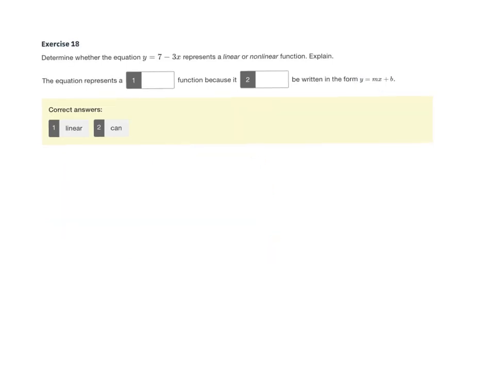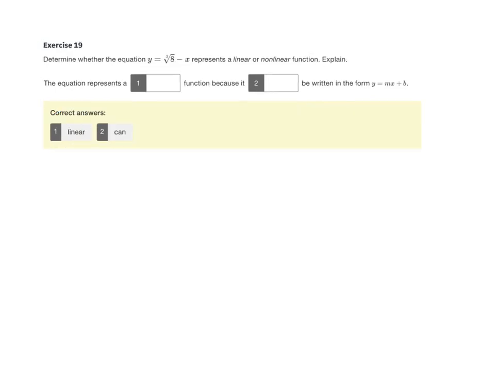Number 18, remember our nonlinear. It's going to be nonlinear if it's got a square root, something squared, something to an exponent, or if x is in the denominator. This has none of those things, so it is linear, and it can be written in y equals mx plus b. So on this one we got to be a little careful because this one is giving us the cube